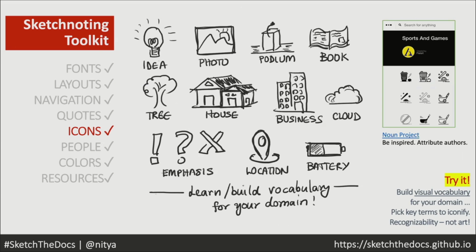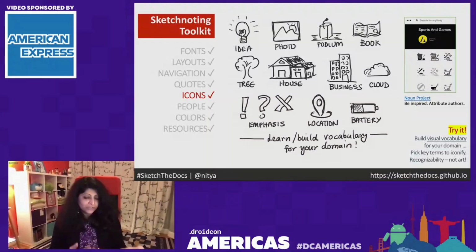A great example is that light bulb. Looks like a light bulb, but really most often when we use that, we use it as a way to say, hey, here's an idea for you, or here's a tip or a best practice. So by using that icon and kind of providing the context the first time and then consistently using it everywhere, you're starting to build a visual vocabulary that substitutes in the reader's mind a light bulb for, oh, I should look for all the light bulbs to get best practices, right? Which is awesome.